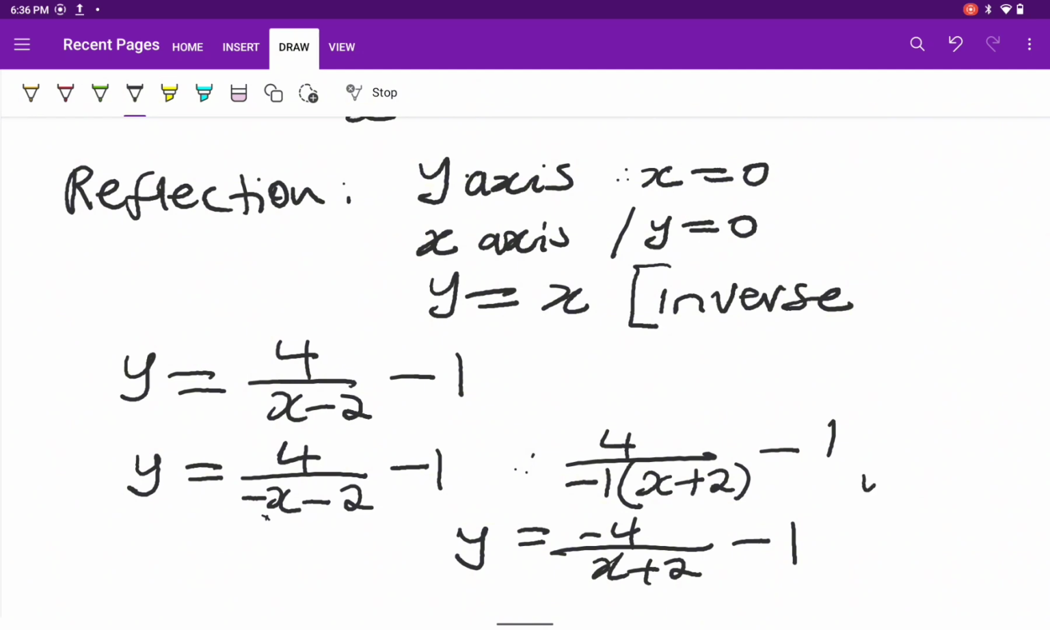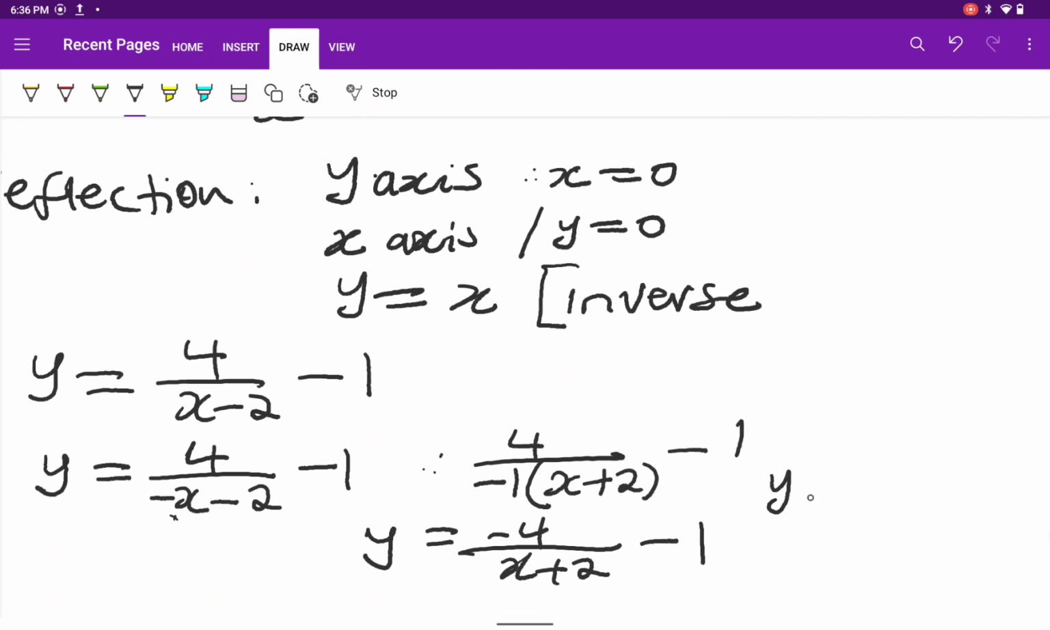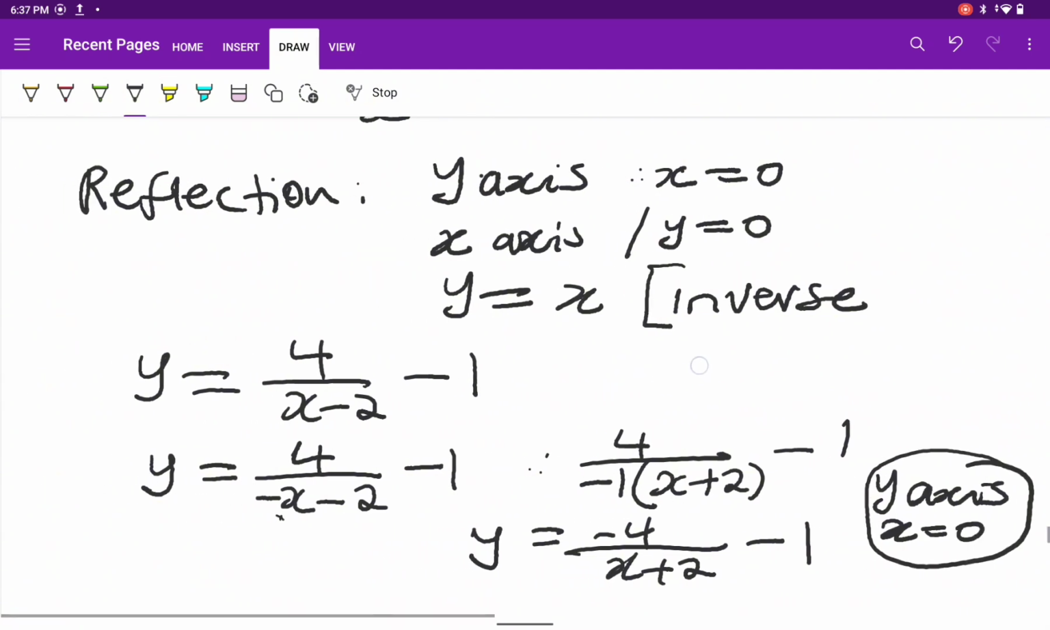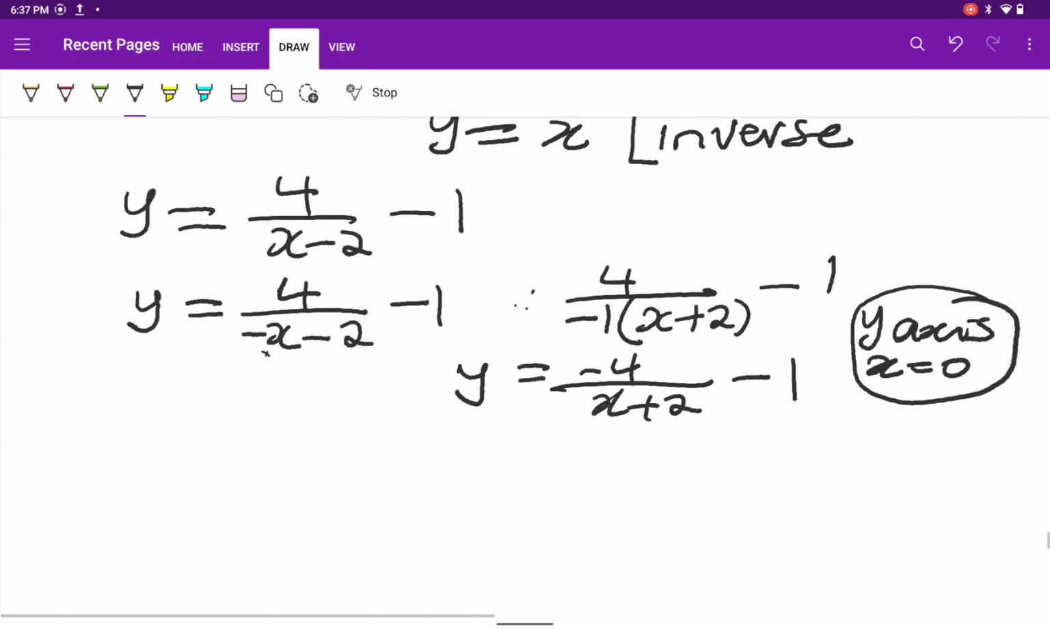So this is a reflection along the y-axis, or the line x equals to 0, whichever comes first, it's fine. Right, so let's